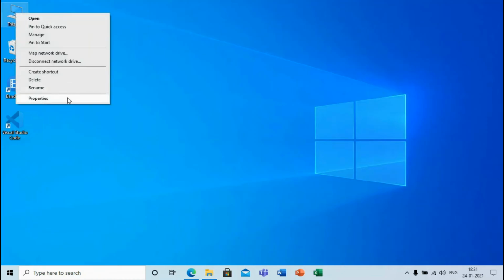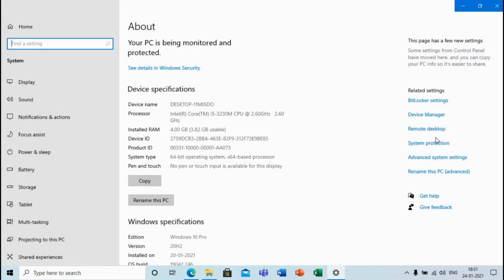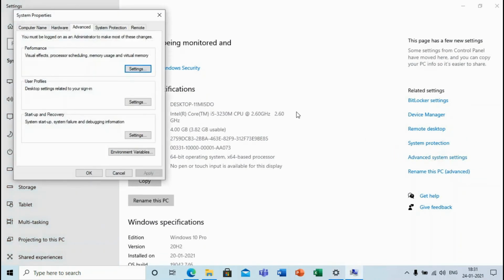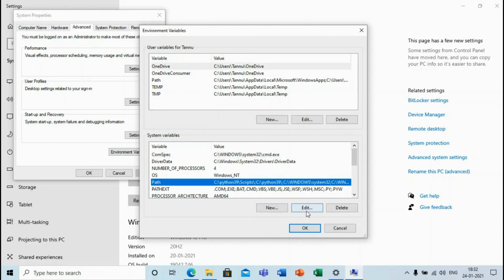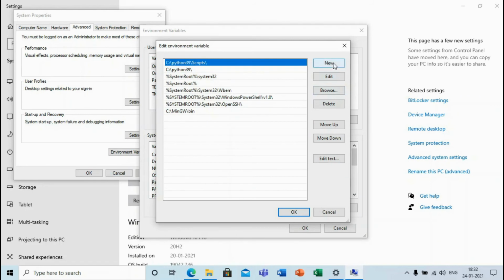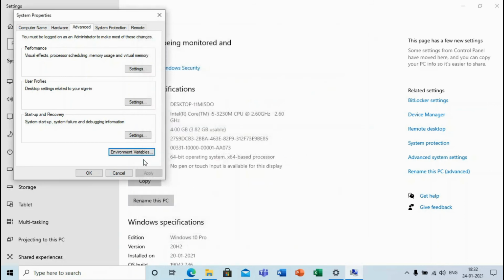Now I have to go to my desktop, and on the This PC icon we have to right click and go to properties, and now click on Advanced System Settings. Here is the option of Advanced System Settings and we have to click on this. And now we have to click on environment variables. After going in this, we have to come to the System Variables column and look for the term path. Here I can see the path. I have to click on Edit and make a new entry, so I will click on New and paste my path and hit the enter key. Okay, and then okay, okay, and okay.